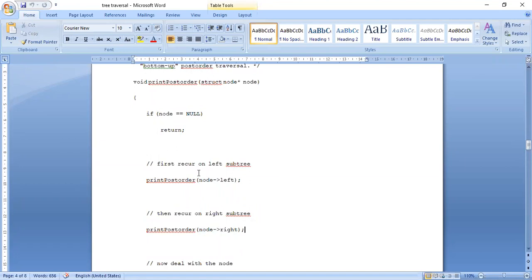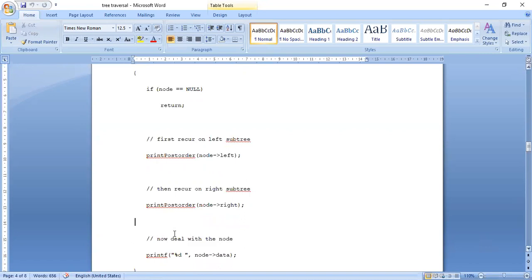First I will print the left part. Next I will print the right part. Next I will print the root node. So left part, right part, and node. You can see left, right, and node.